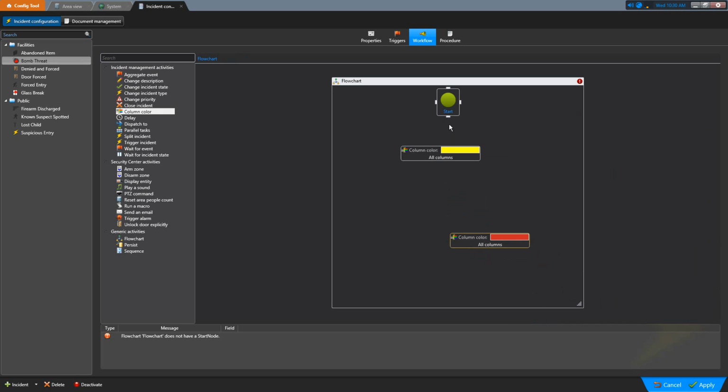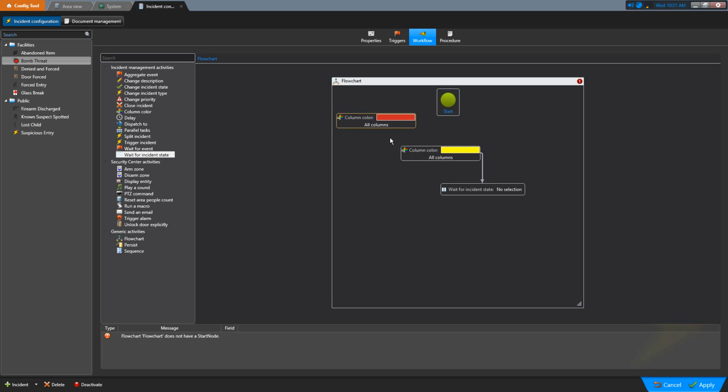And that way if I wanted this to be my starting one, I can link that. I could do something like a wait for incident in between and connect that here. And then later on I wanted to connect that like this. And of course we can move things around too if we want. So let's say I wanted to change it to red first. I can delete this link. I can drag this up here,